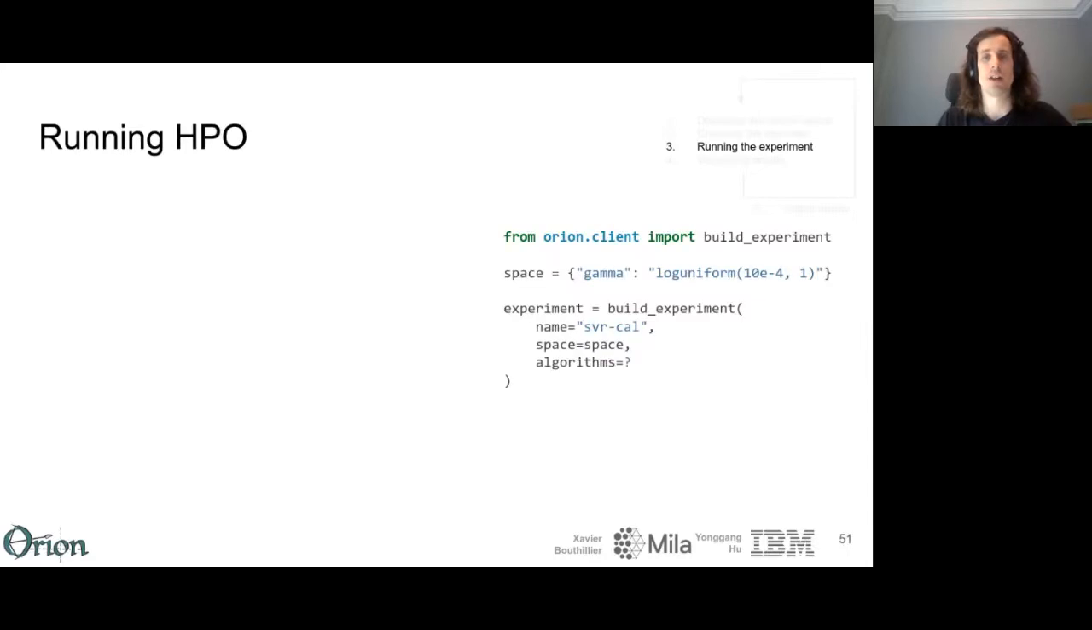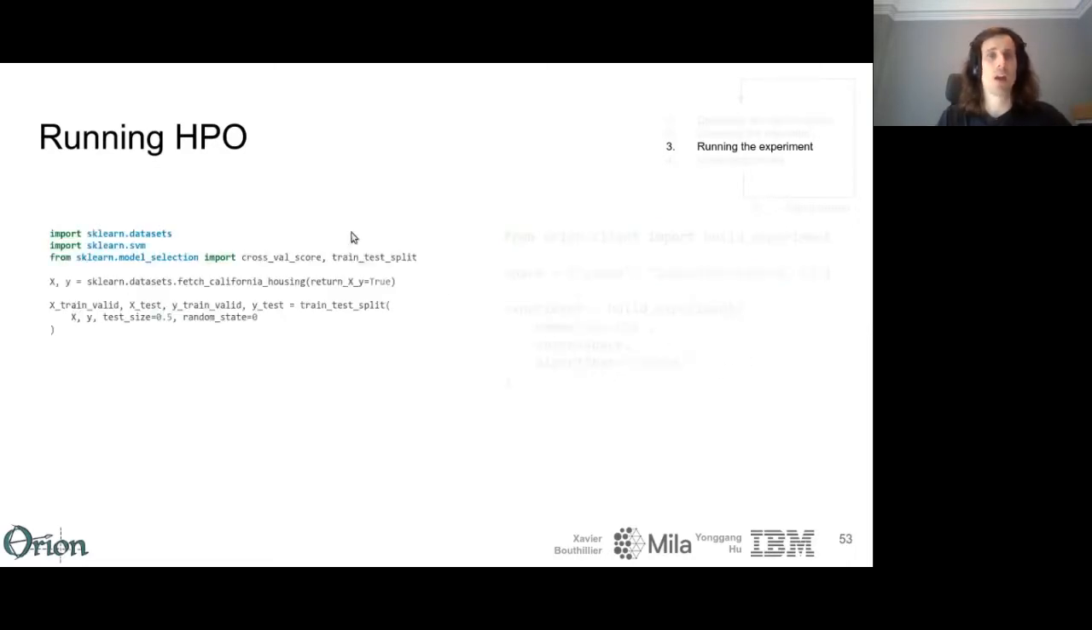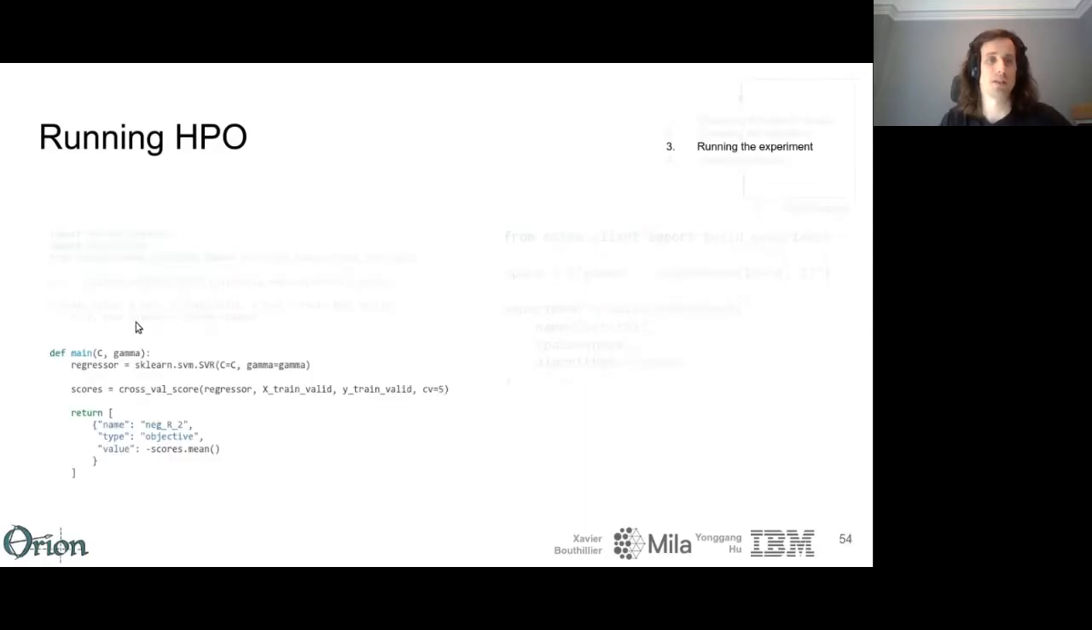Okay, so now running the hyperparameter optimization. We had this code here. Now we'll select the algorithm. I'll just use random search to make it simple. I'm copying back the code from the second slide. So we're just fetching the data and separating it into a training set, test set and validation set. Now I am encapsulating the instantiation of the model and cross-validation of it into a function that we want to optimize. So we're passing the hyperparameters C and gamma, and we're returning the mean score in a format that is